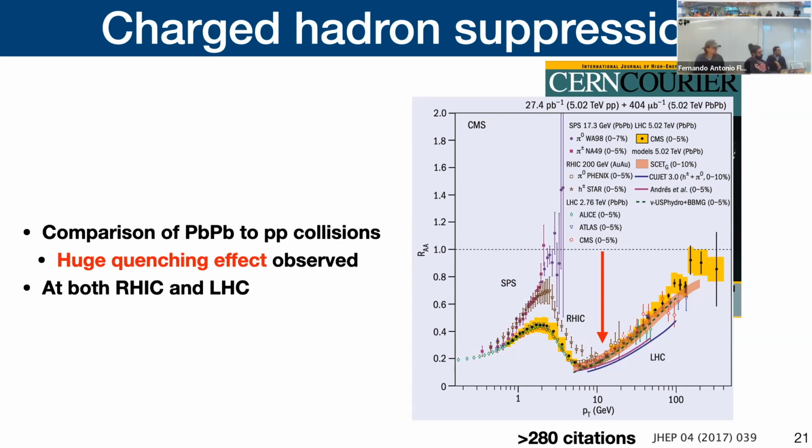And you can see here on the right-hand side that this paper in particular is very influential, has over 280 citations, but also it was picked up by the CERN Courier in celebration of the 30th anniversary of heavy ion collisions at the LHC. And that's because this observable has been measured many, many times, and it's a hallmark measurement of the heavy ion community.